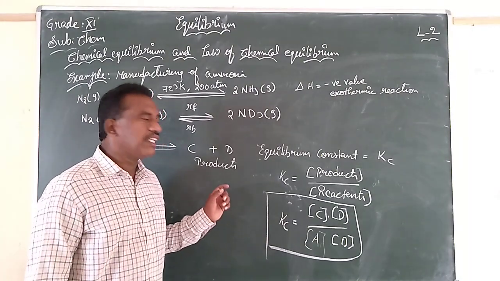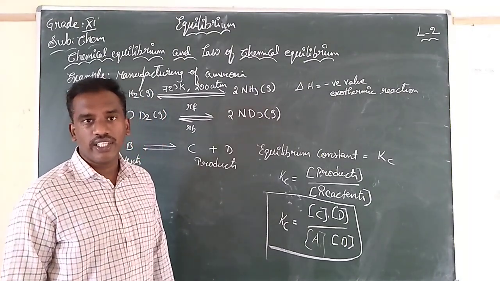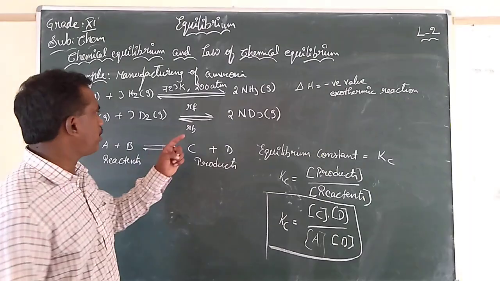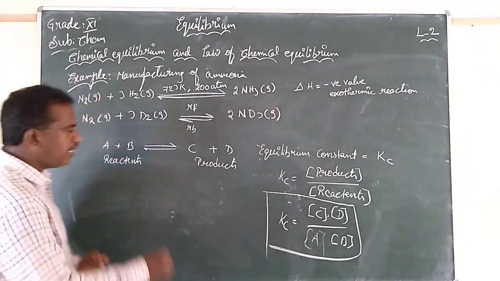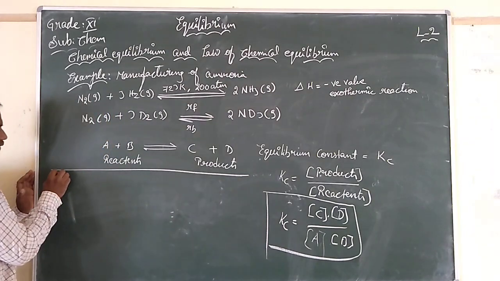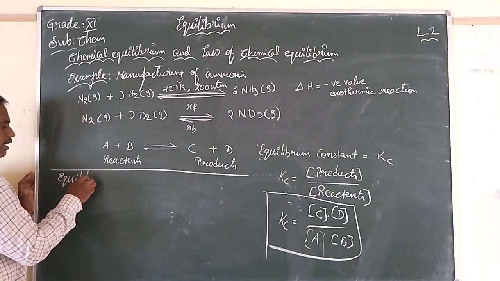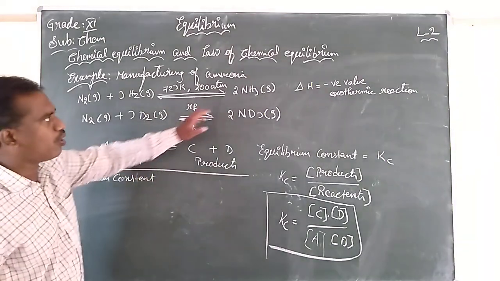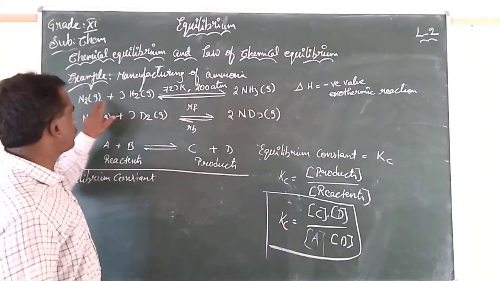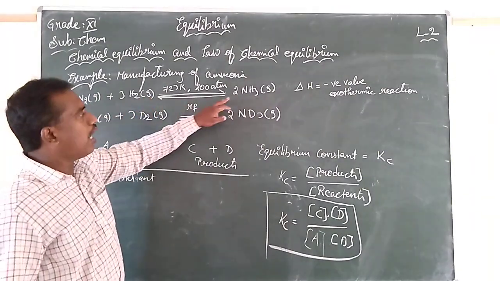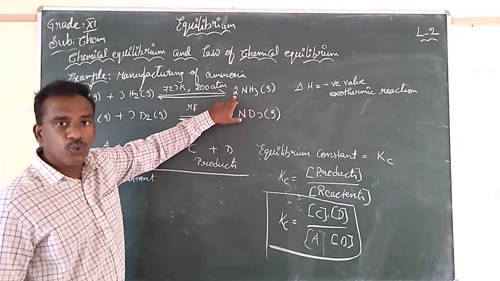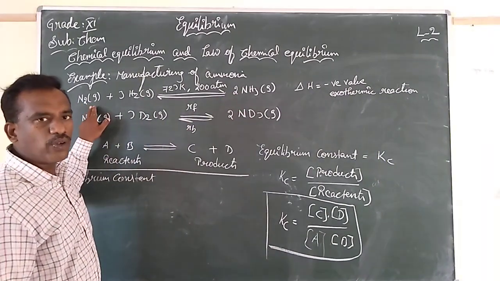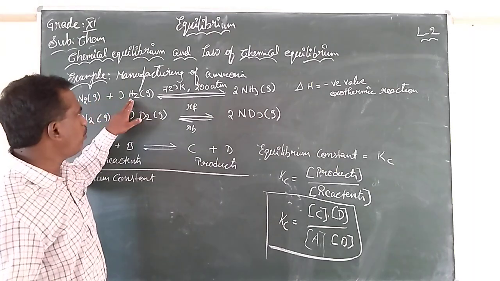Here we can write the equilibrium constant for any reaction by applying this simple terminology. Can you write the equilibrium constant for the above mentioned equation of manufacturing of ammonia, children? What are the products we got? NH3. What are the reactants we have? Nitrogen gas and hydrogen gas. How many moles of ammonia did we get? 2 moles. What is the number of moles of nitrogen gas? 1 mole.